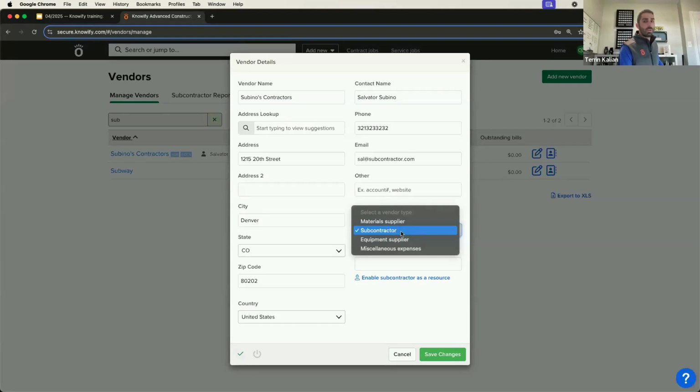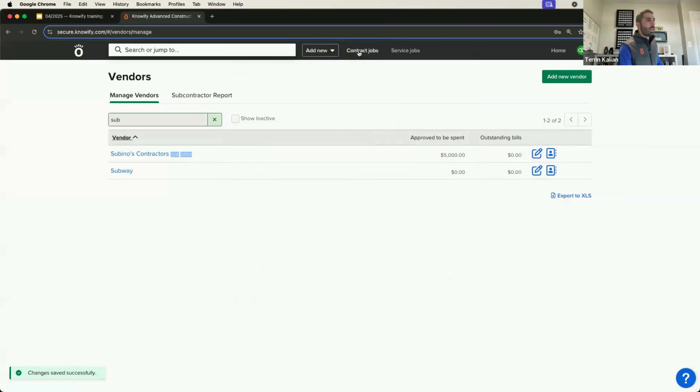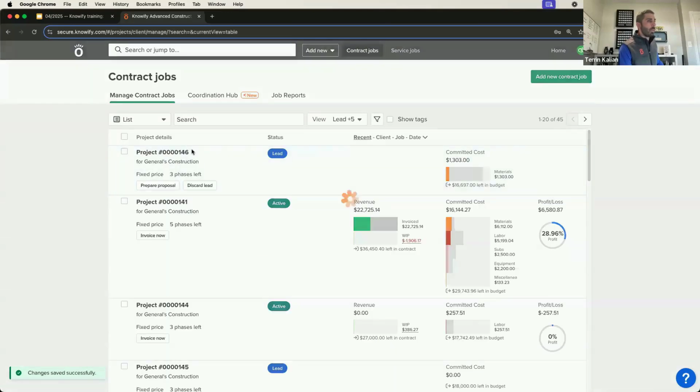But if you want to use this simple workflow of creating a purchase and having it track into a specific category, this is where you can define, okay, anything I buy with this contractor goes to this type of vendor, this type of cost. So what I could do, if I go back to that job now,